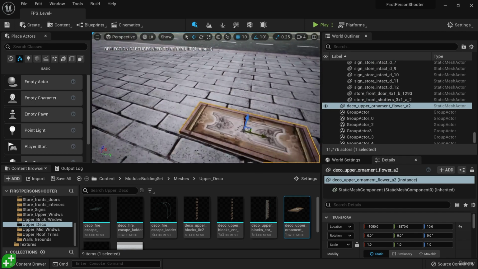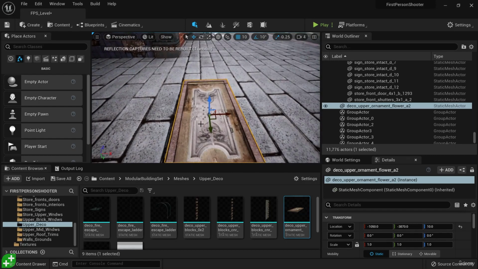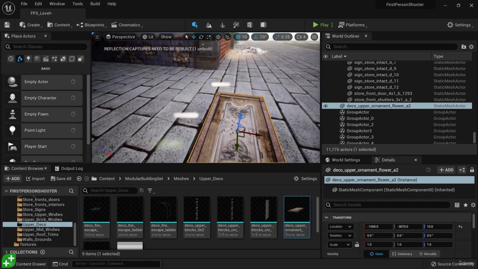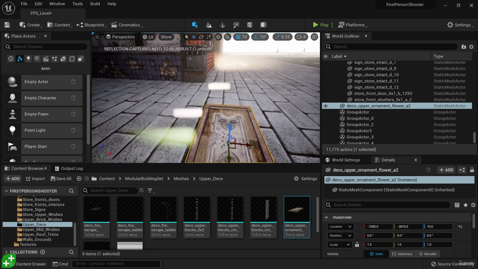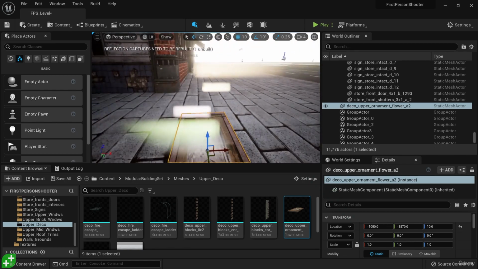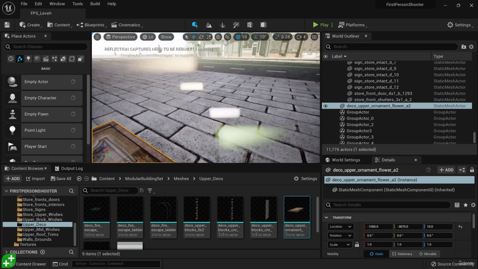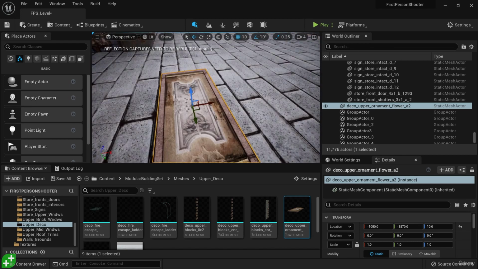Now, let's talk about this little gizmo that has three arrows, a red, green, and blue arrow. These arrows represent directions in the world. And if you look to the lower left corner of the viewport, we have a little miniature version of this. And it's showing me world directions. The world has its own Z-axis, pointed straight up, and it has its own X and Y axes. You can think of these as sort of north and west, and the gizmo on the object I have selected